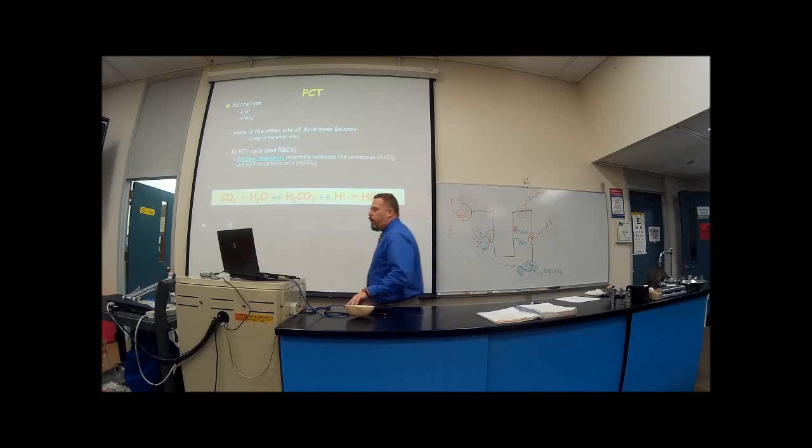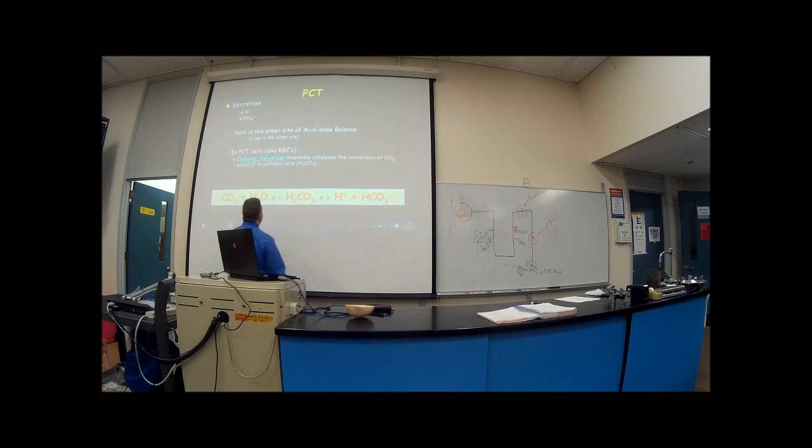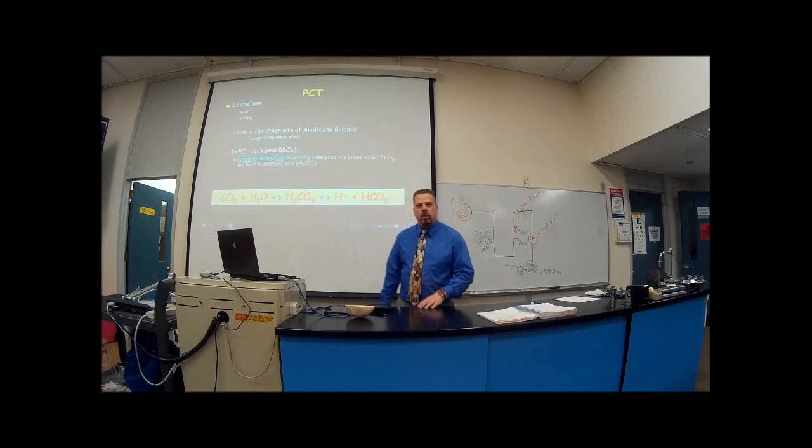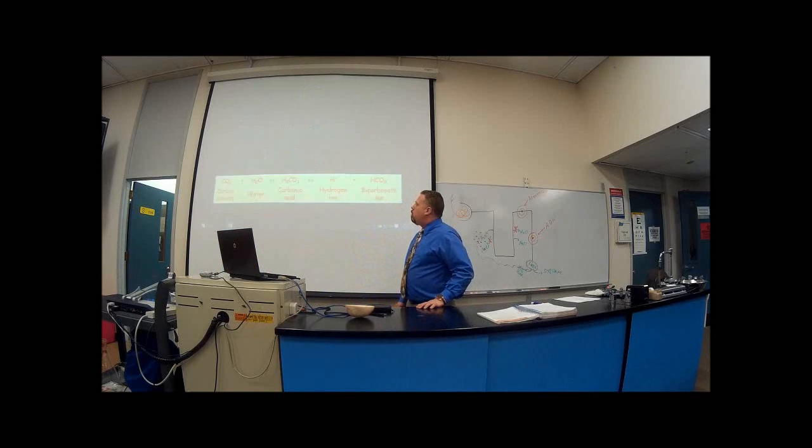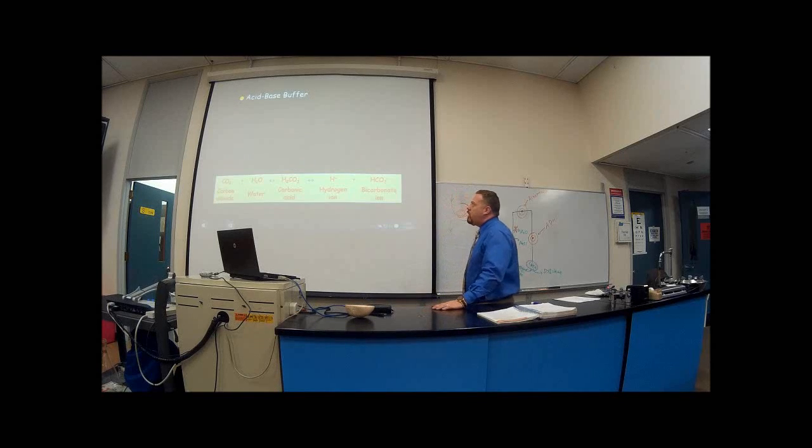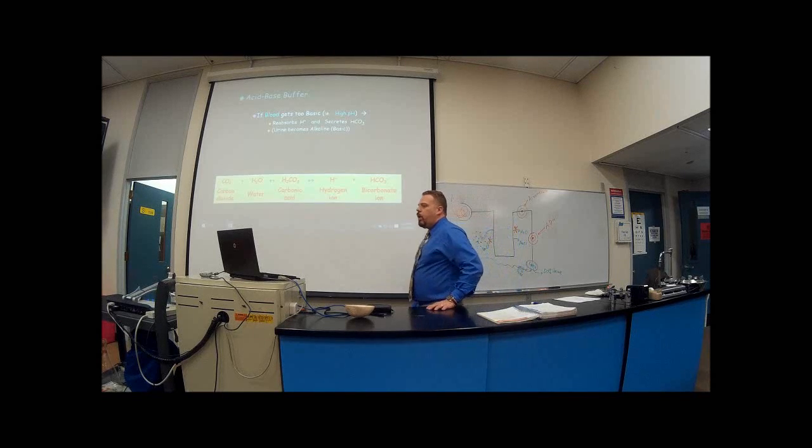So we have this carbonic anhydrase that's in the PCT, proximal convoluted cells, that do this. So what's happening here with the acid-base buffer, if blood gets too basic, just think about it. If blood gets too basic, meaning there's going to be a high pH,